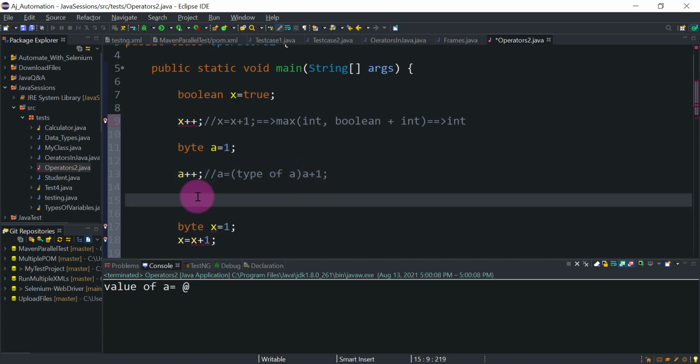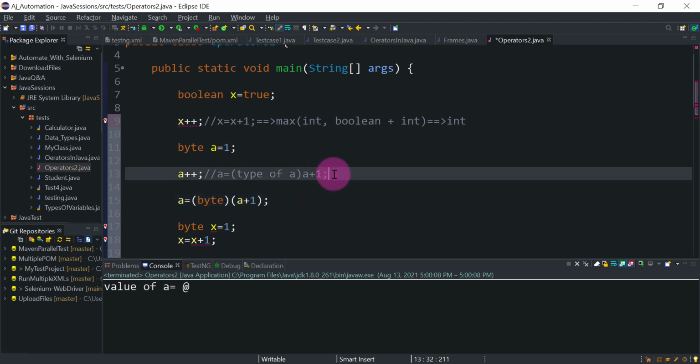Here internal typecasting happens, so in brackets we get type of a, which is byte, of a plus 1.